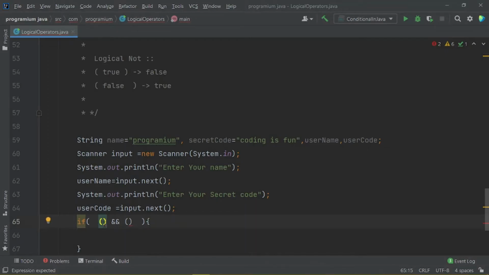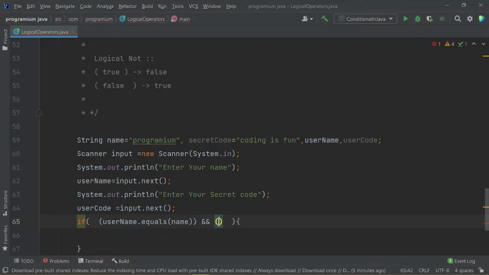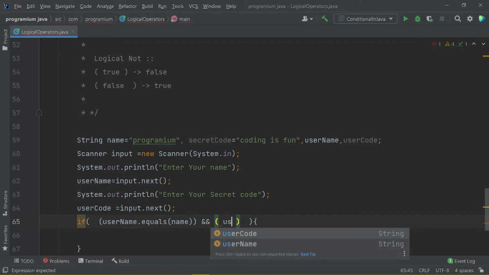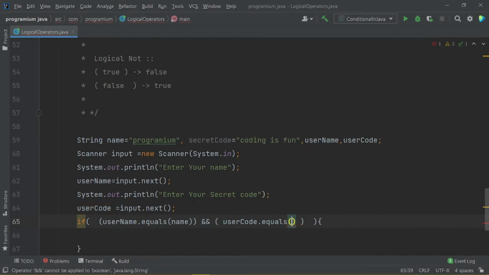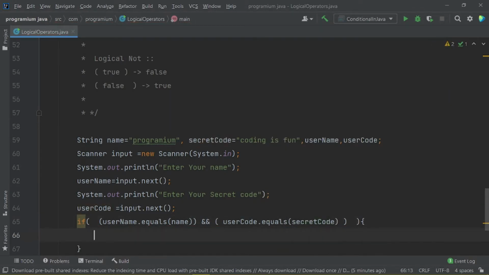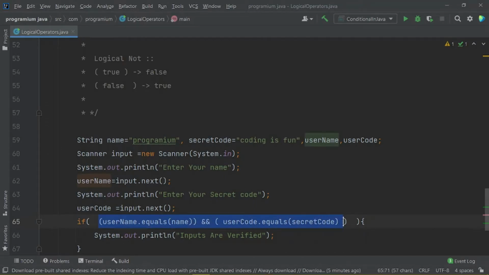So we are writing here if userName.equals(name), and what I am writing here is userCode.equals(secretCode) here, then just prompt the user inputs are verified.